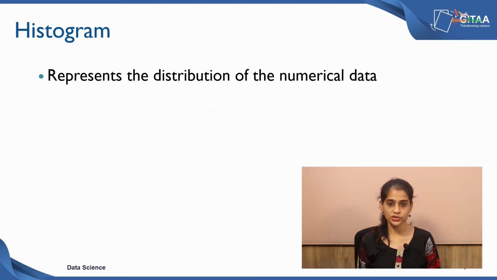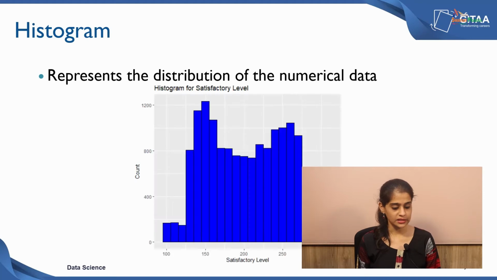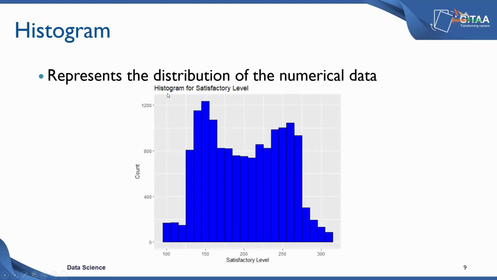Now a histogram is used to represent the distribution of numerical data. So all integers and numerical data types fall under this category. This is an example of a histogram, and it was generated for the variable satisfaction level from this data that we are using. As we go further, we will see how to generate this histogram using the function given in ggplot. So here on the histogram, on the x-axis you have the satisfaction level,